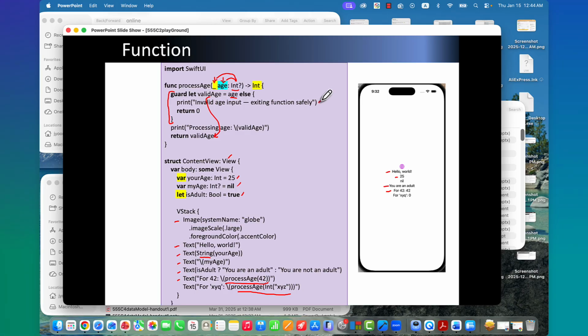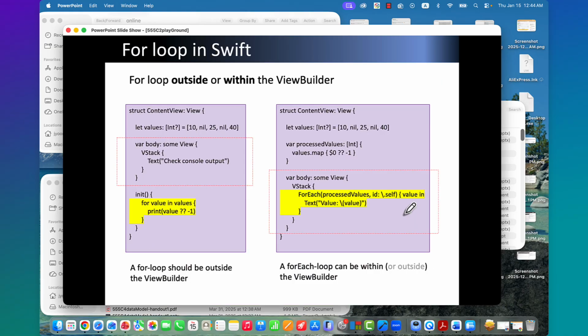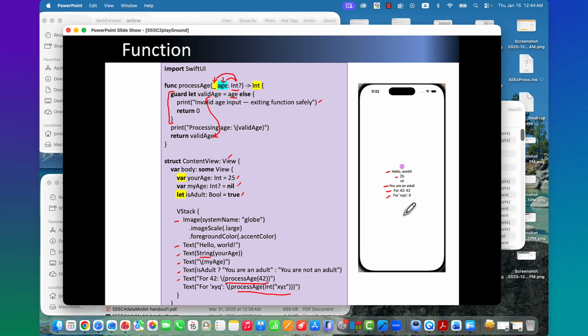It is something like the terminal, the console, so you will be able to see how it works. Only it returns 0 in this case. So for XYZ, it displays zero. I think I'm going to stop this and we need to practice.